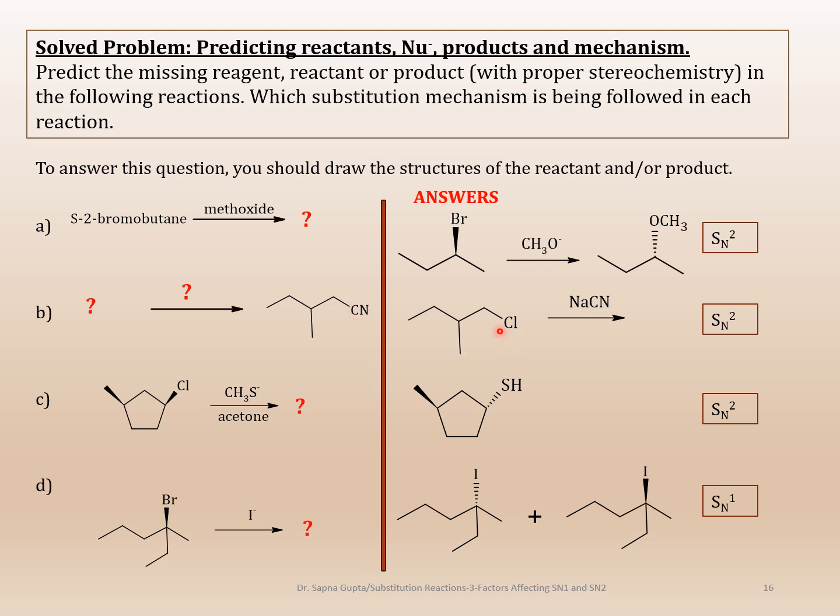So I chose chloride. You can choose bromine also. Okay, see here it was bromine, so I can choose chloride here. Now, what kind of reaction mechanism am I expecting here? I'm expecting SN2 again, because this is a primary halide. So this was a primary carbon. So because of that, I'm thinking SN2 should work fine. So here is this molecule now, and this I've given stereochemistry again. Here is the